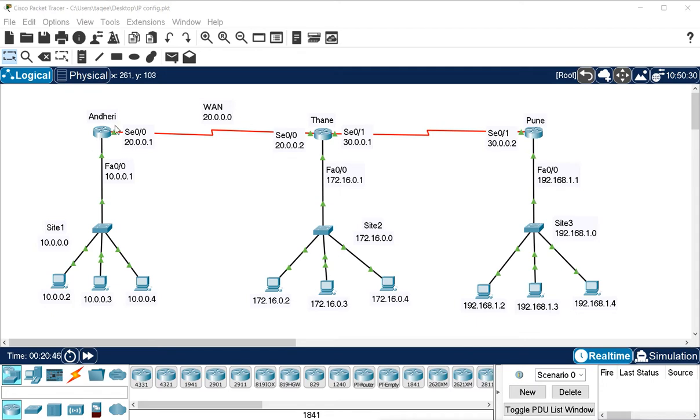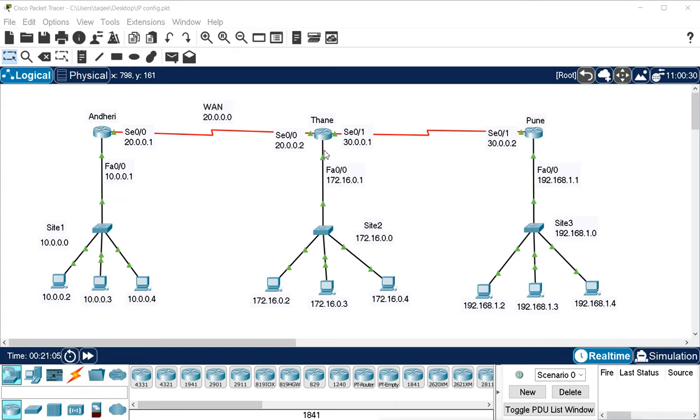So this router will be the DR, and this interface of the router will be the DR. And the next best, that means the next minimum router ID, is this Thane. So this will be the backup DR.